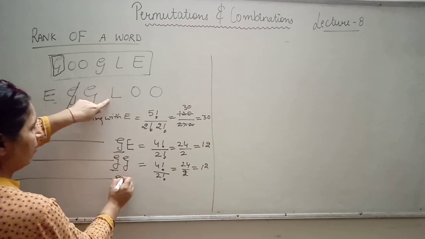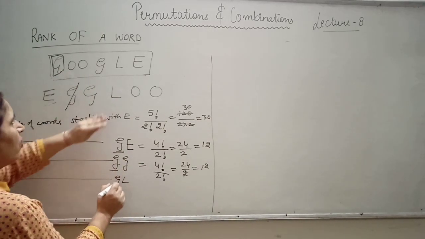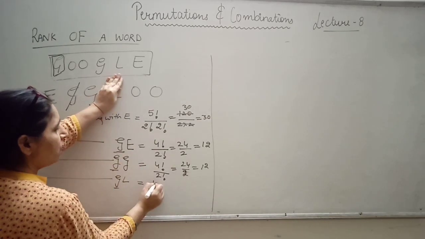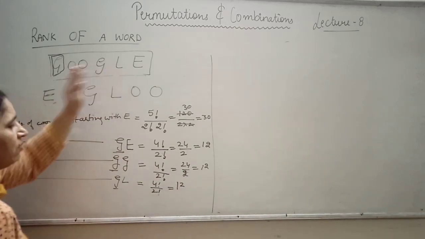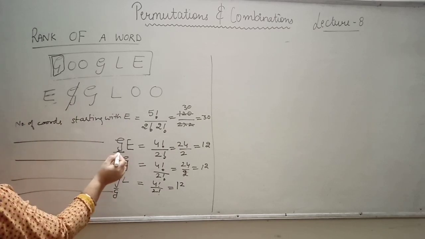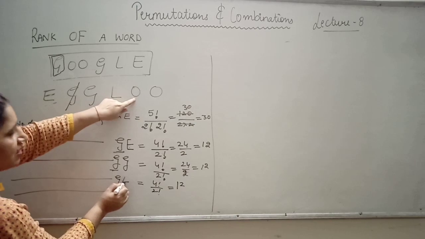Now I will take L. L, it is not after G, it is not L. So keep on going. So now hide this L. How many are left? 1 2 3 4. 4 factorial by 2 factorial because O is repeated 2 times, again it is 12. Now words starting with G. देखो G के साथ हमने we have written E, we have written G, we have written L. Now what is this? Is